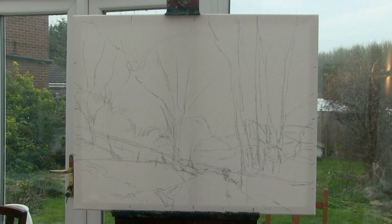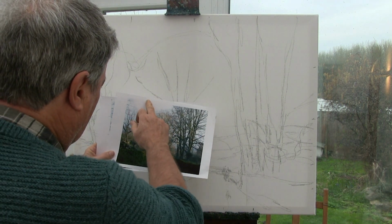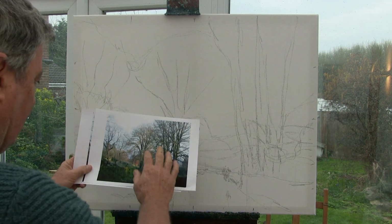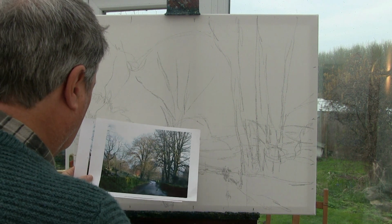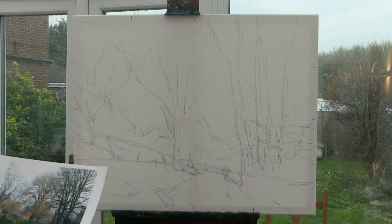The first thing I have to consider is what sky, because in the photograph it's bleached out as white as the photographic paper. And I've got to think, what am I going to want to shine against this sort of scene? Do I want a very light grey going on? Do I want some sort of cloud effects in here? I think what I'm going to do is